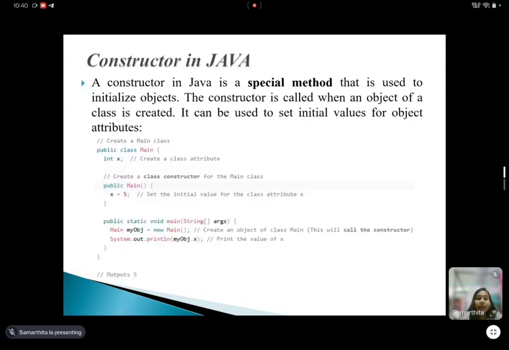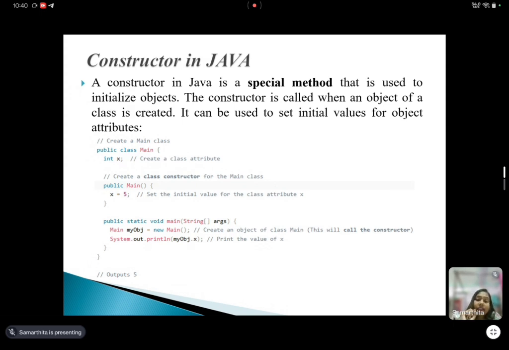And now the very important concept, that is the constructor. So what is a constructor? A constructor in Java is a special method that is used to initialize objects. The constructor is called when an object of a class is created, and it can be used to set initial values of object attributes. These are the key points I am mentioning; try to remember them.